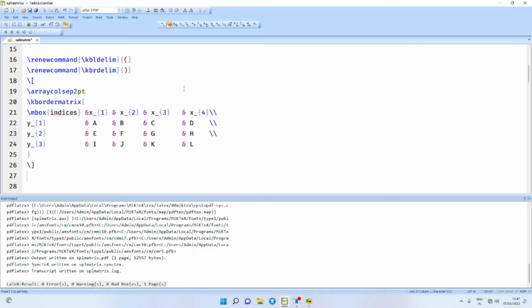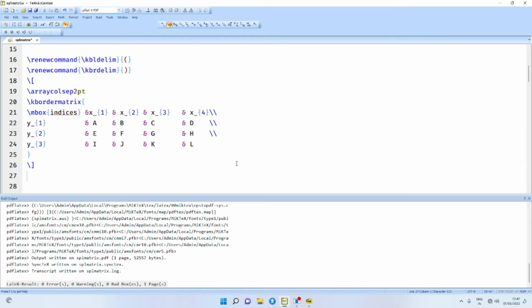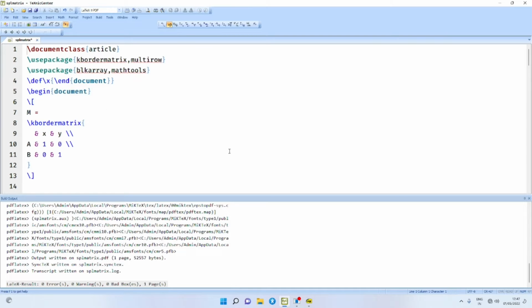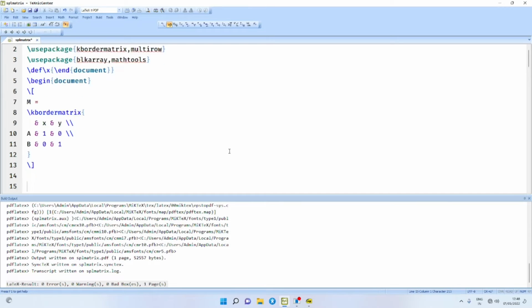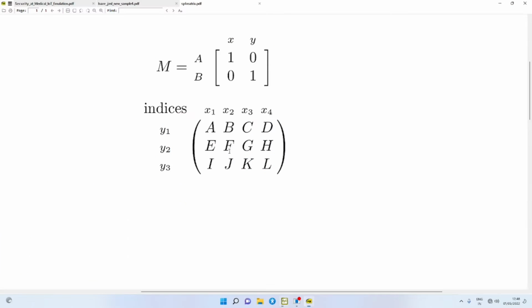Remember, with kBordermatrix, we can have the labels at the top and on the left. We cannot have any line inside the matrix. No vertical line, no horizontal line. For that purpose, we have to use the style file blkarray, with that, we have